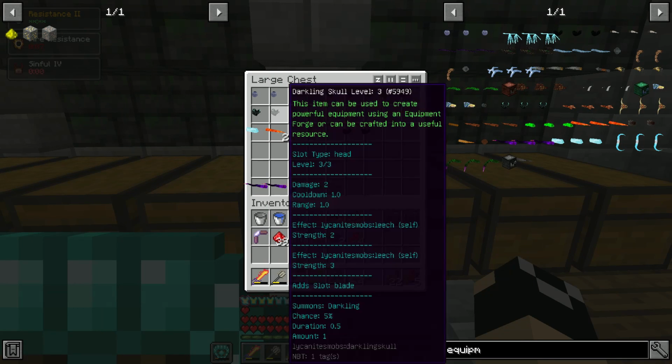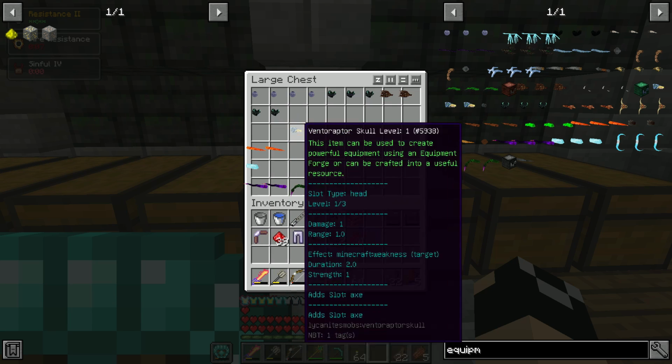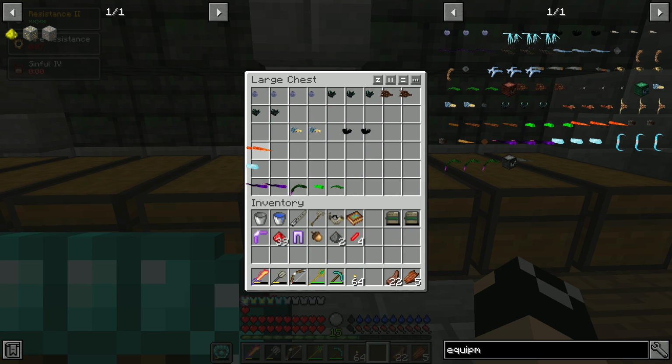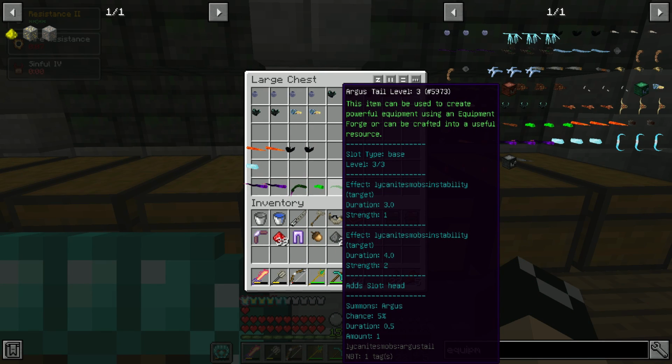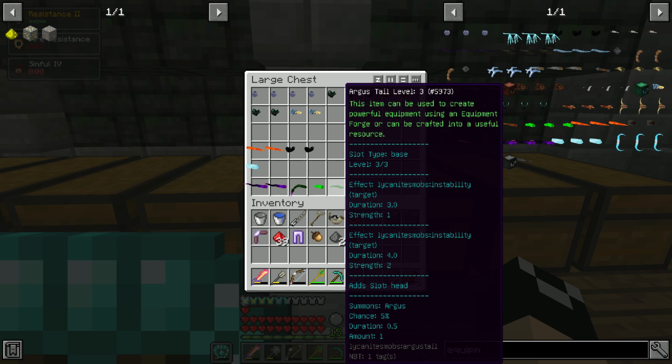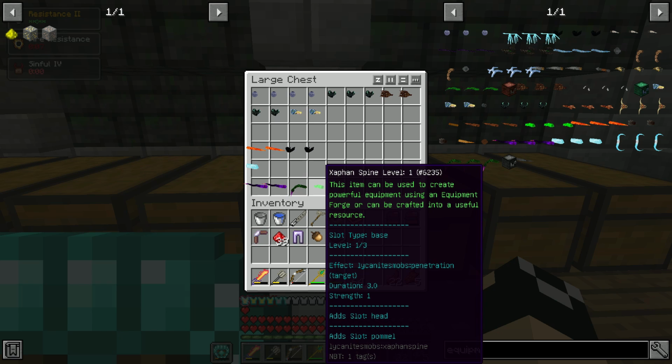Let's see, these are all heads. That's an axe. That's a blade. I don't know why those stacked before. Most of what we have at the moment is heads. But we need a base piece, and we can see the effects. Like this is instability, and it has a chance to summon an Argus, 5% chance to summon an Argus there at the bottom. And then there's also the Zaphan spines,